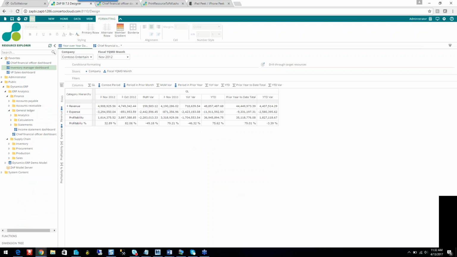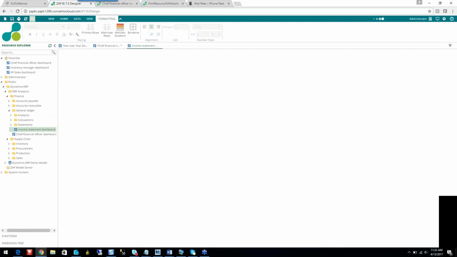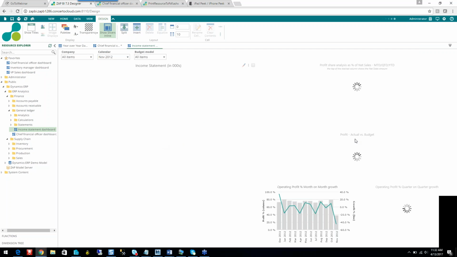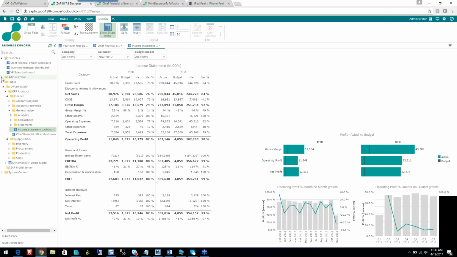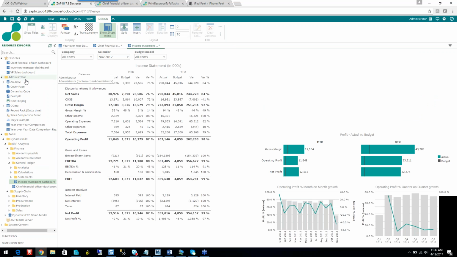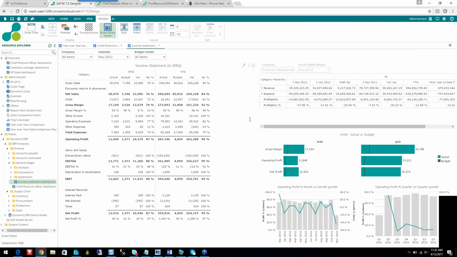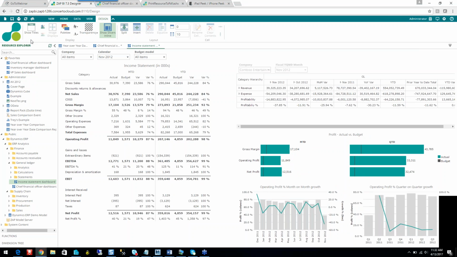So I have a general ledger and an income statement. In my income statement, say I don't want to see the top right-hand piece. This piece doesn't really help me much. Instead, I want to see the comparison. What I'll do is, again, check on that piece, clear the content, go to Administrator, which is my personal folder where I've stored my reports, and just drag on my year-over-year date comparison report. And there you go. I would have got this dashboard defined the way I want it to be seen, and